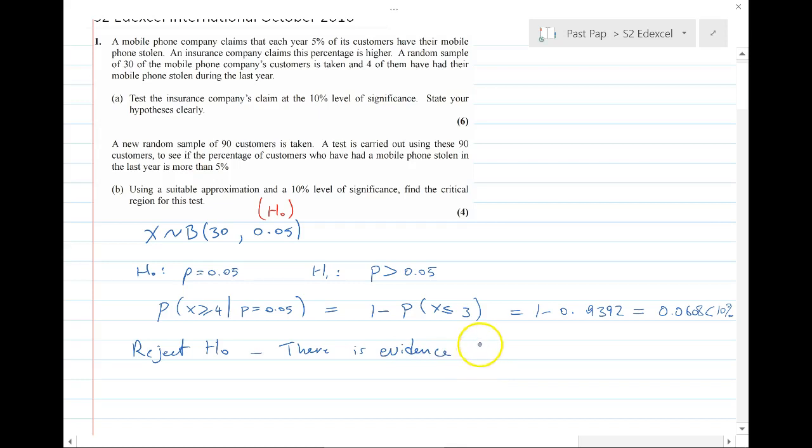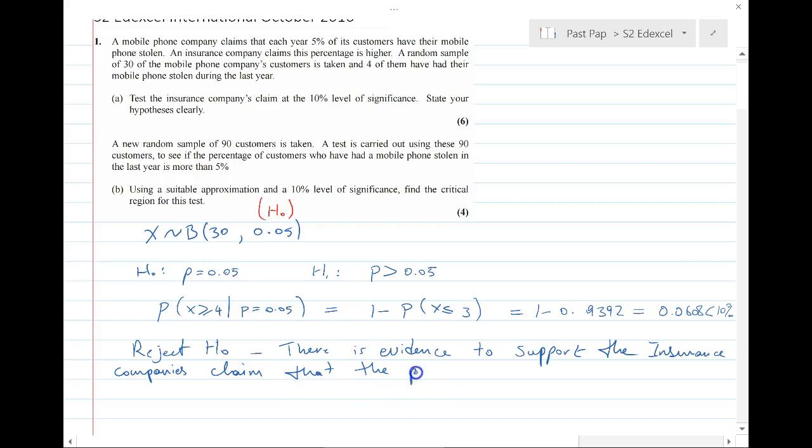There is evidence to support the alternative hypothesis, which was the insurance company's claim. Now looking at the scheme, that actually gets a mark, but I'm going to do it a second time just to be safe,